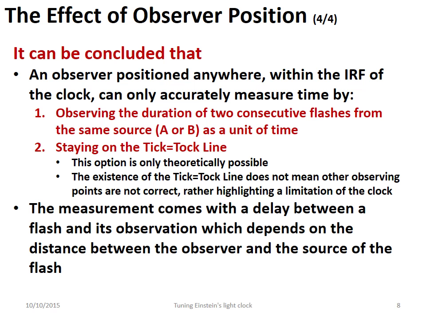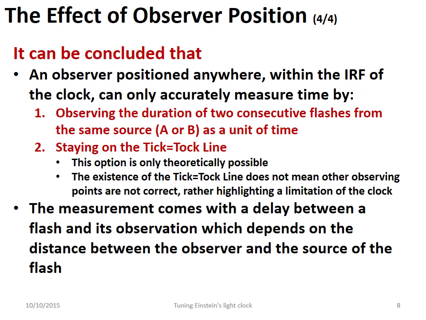It can be concluded that an observer positioned anywhere within the inertial reference frame of the clock can only accurately measure time if: 1. They observe the duration of two consecutive flashes from the same source as a unit of time, or 2. They stay on the tick equal tock line. This position is only theoretically possible. The existence of the tick equal tock line